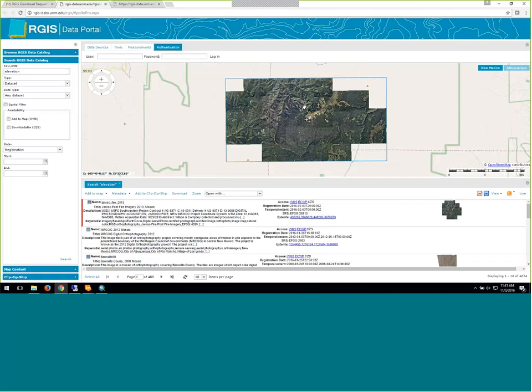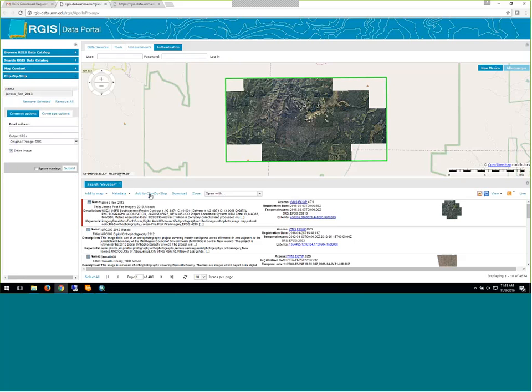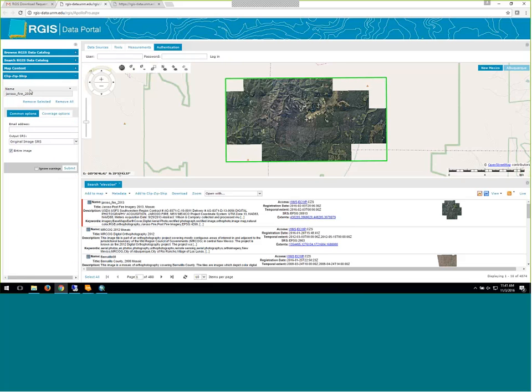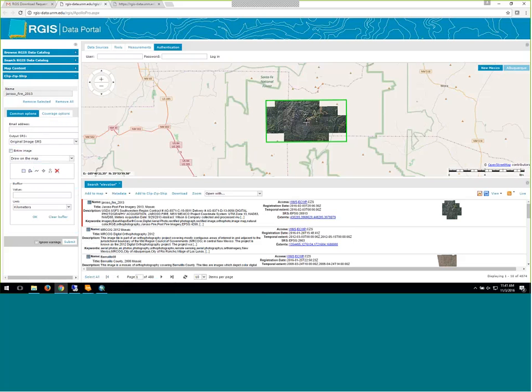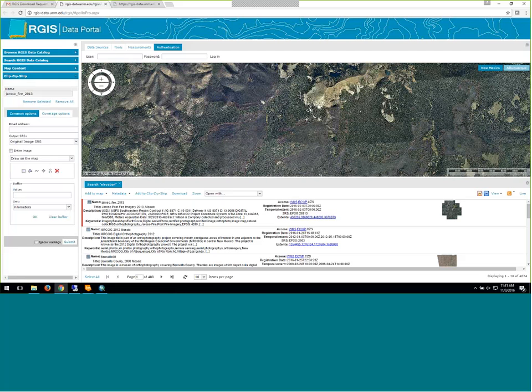So for our particular data set here, we're going to demonstrate also briefly a clip, zip, and ship component. If you add to the clip, zip, and ship, you'll see that now the name is there, the full description. One of our other key features that we really, really enjoy utilizing is being able to clip a small section of the image out by a polygon, by lines, or a drawn box. You can zoom in on the map, and as you see, the performance is very, very good on this service. When it refreshes, we can draw our own polygon,